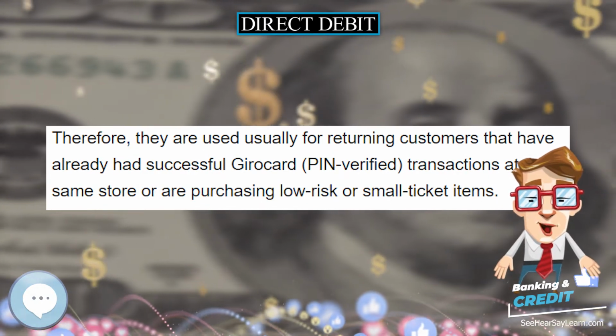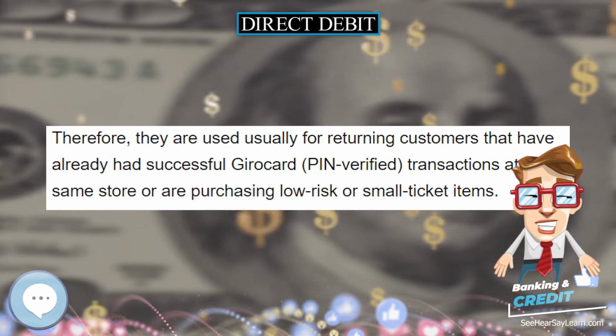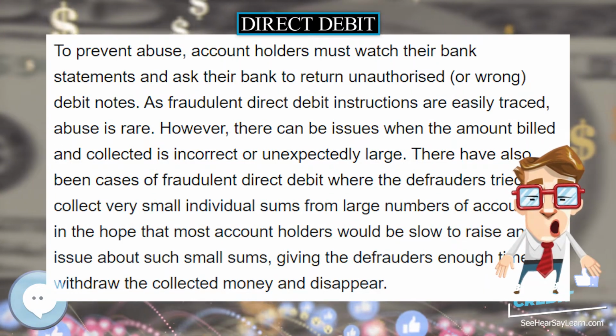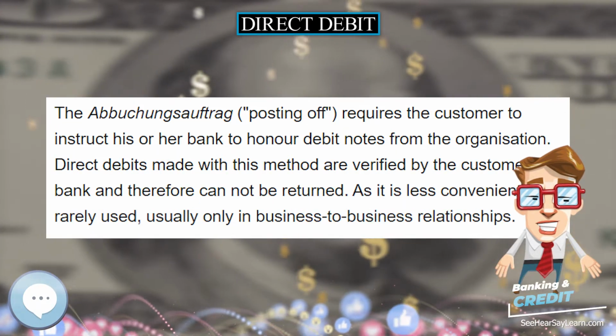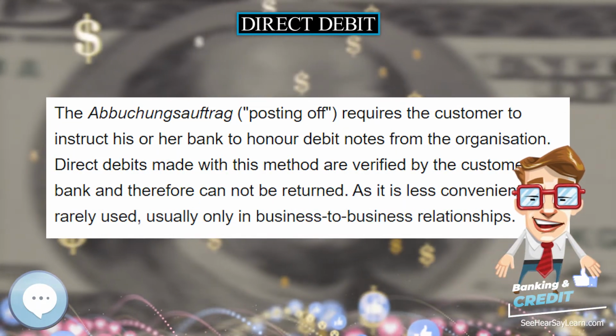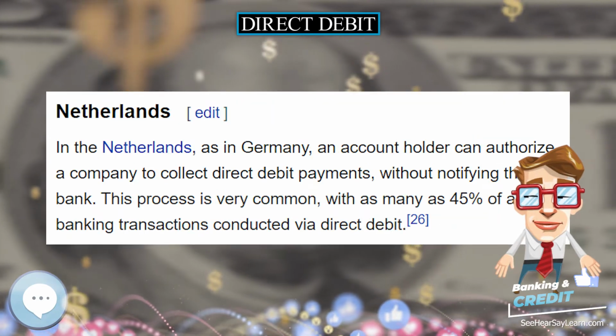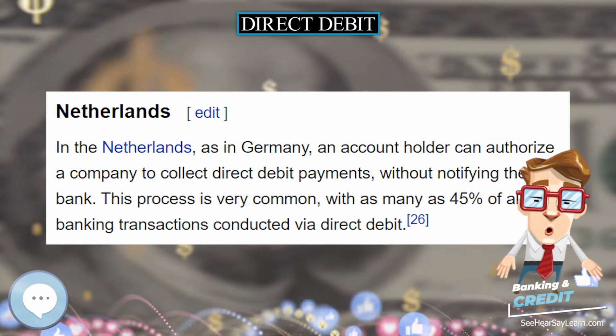Authorization. A direct debit instruction must in all cases be supported by some sort of authorization for the payee to collect funds from the payer's account. There are generally two methods to set up the authorization. One method involves only the payer and the payee, with the payer authorizing the payee to collect amounts due on